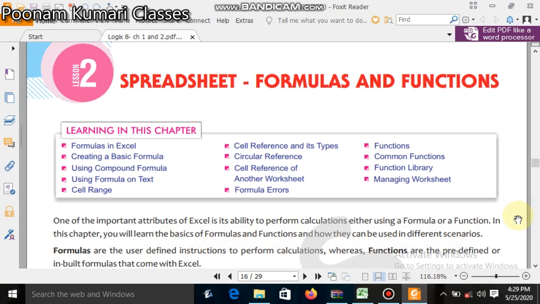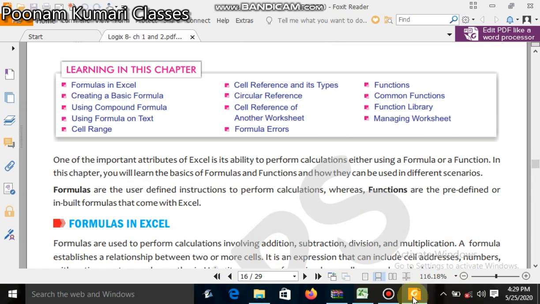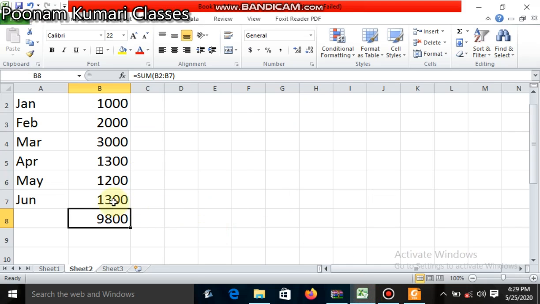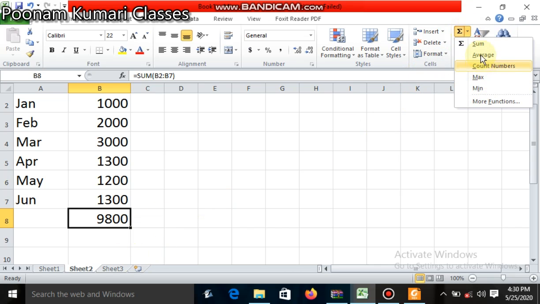Basically, formulas are user defined instructions to perform calculations, whereas functions are predefined. I already explained this. Formulas are user defined, meaning we can type the formula, or if you do not want to type it, you can use the ready-made inbuilt function from here.